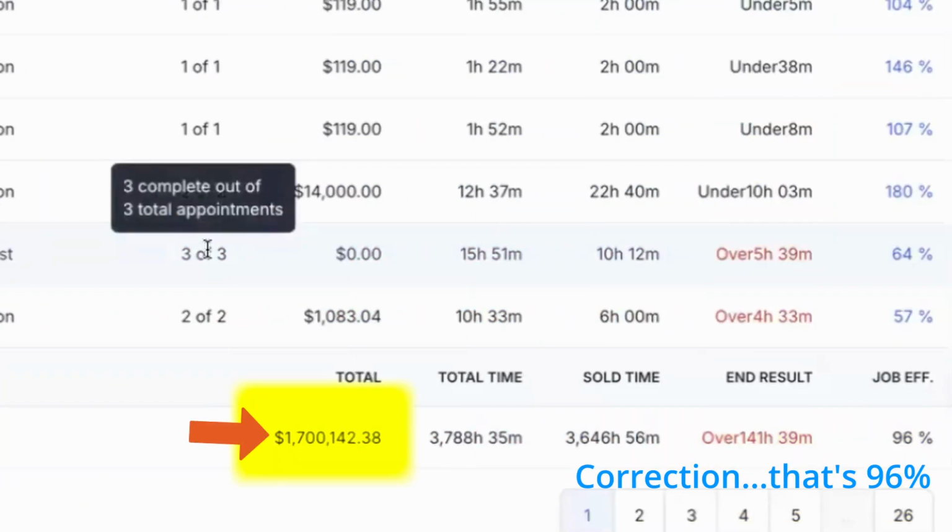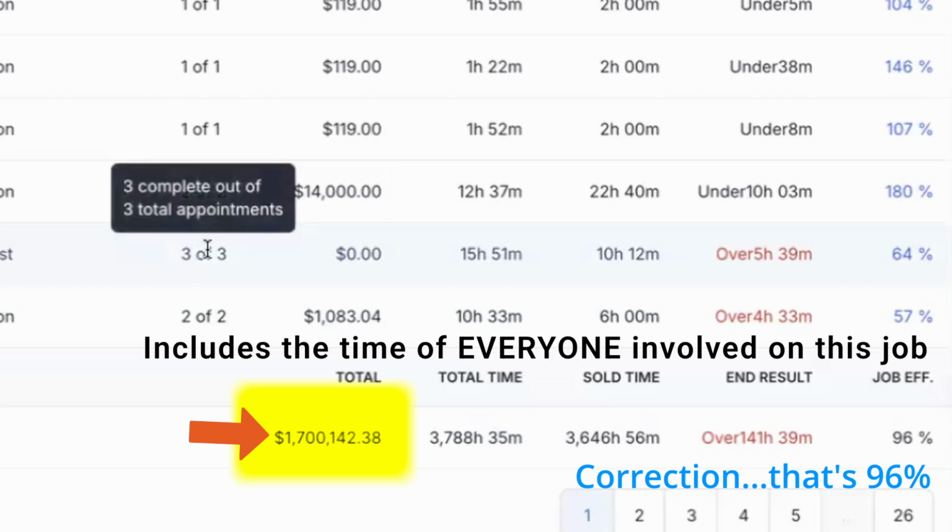The time it took to do the jobs, like his sold time, and then the time it took to actually do the jobs, includes the time that the installers were on those jobs that he sold, the time that a salesperson was on that job, the time that he was on that job, plus all their time getting gas, attending meetings, flirting with the dispatcher. Whatever it was they were doing at 97% efficiency, it doesn't matter, because we bill for it.